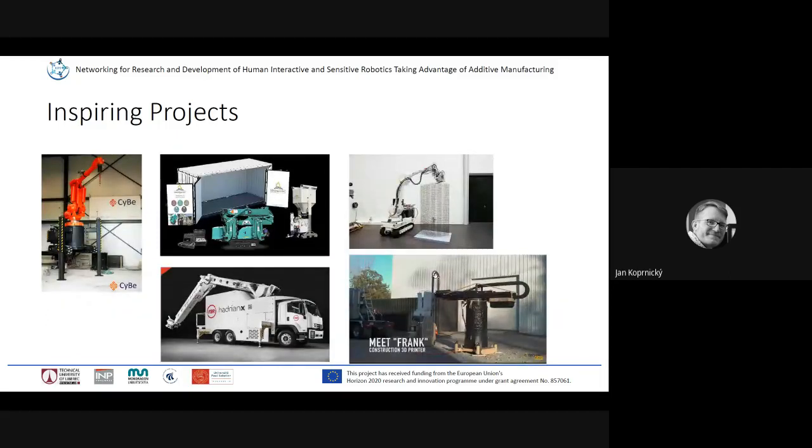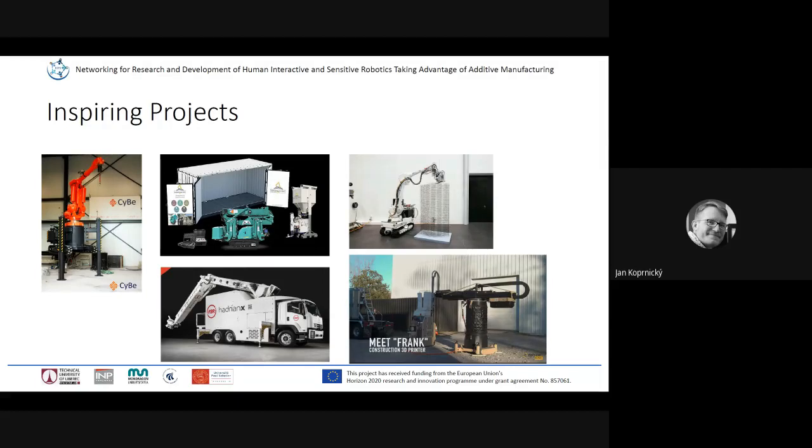Here you can see pictures from these inspiring projects: a robotic hand on a mobile platform from the company SAIBI, and Construction 3D, a French company. They also use a mobile platform with a robotic hand, but not based on an industrial robot, but, let's say, a crane arm. On the other picture, you can see